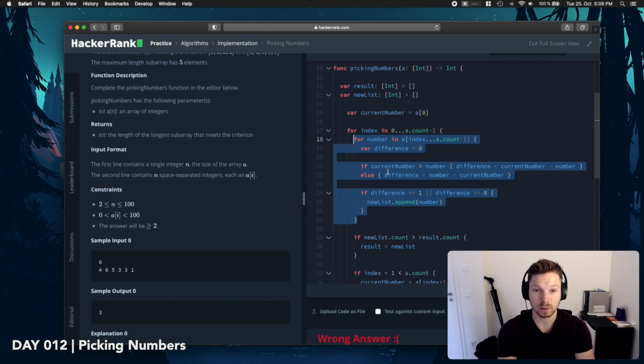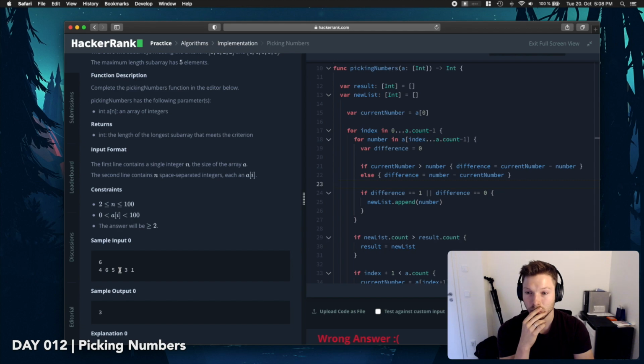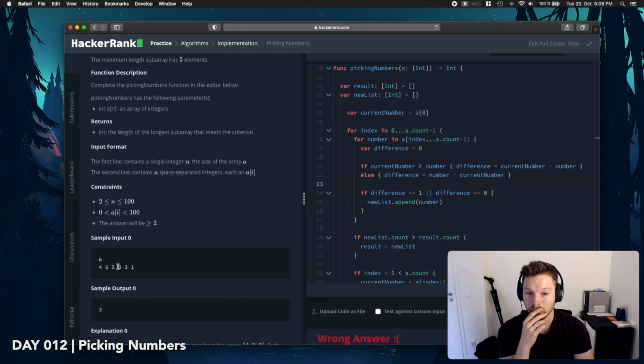We're at 6. So 4, 6 minus 4 is 2, and so we're not appending. And at 5, yes, we're appending. And then 3, we are appending 2, 1, 2, 3, 4. We're appending for that one too, which we shouldn't, right? Because,